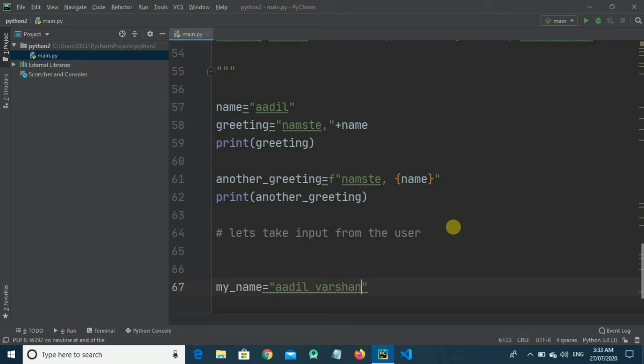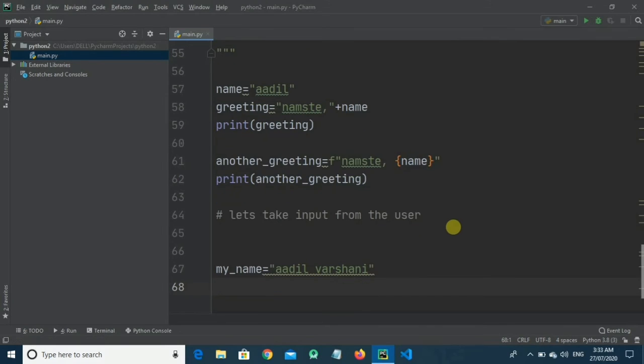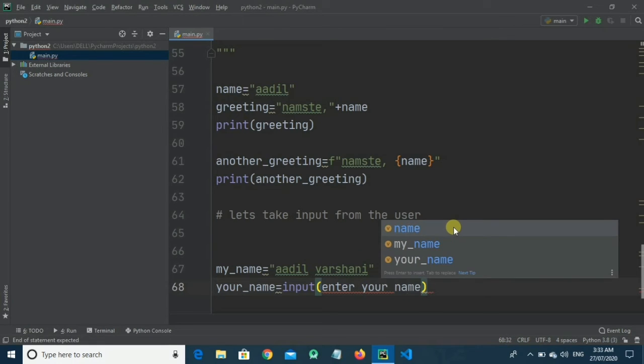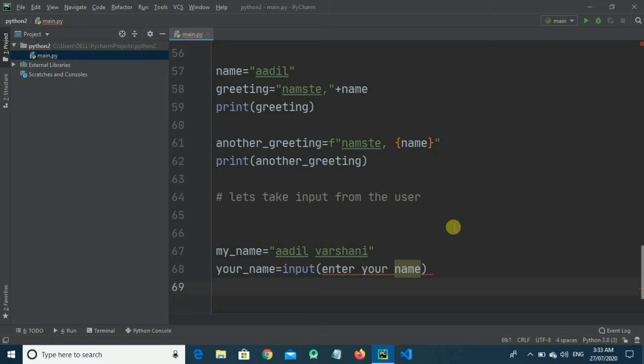Then we will declare another variable which is your_name, and your_name is equal to, now we will use the input function here, input, enter your name. Then we will just declare print your_name. I forgot to write quotations here, as we want enter your name as a string.